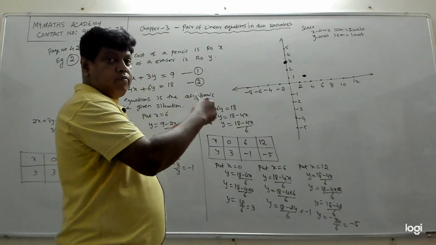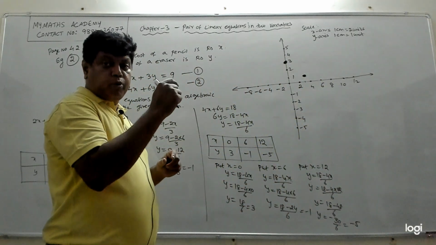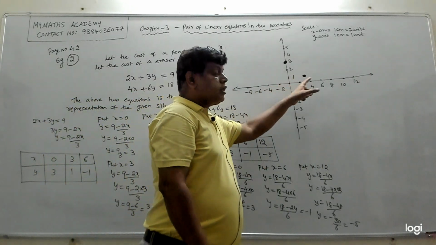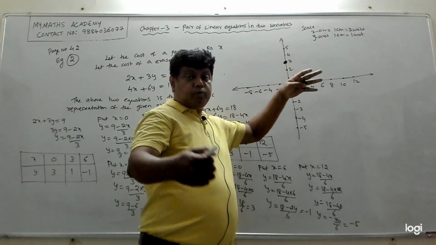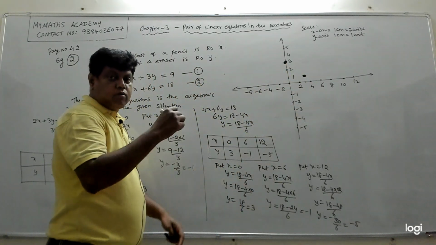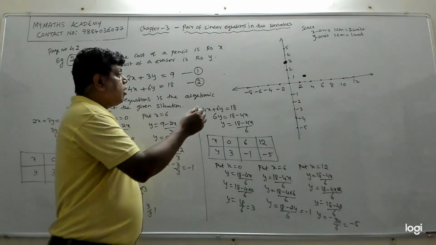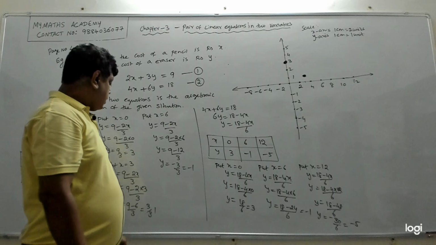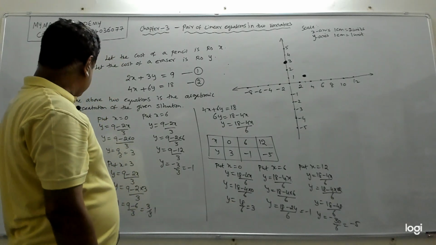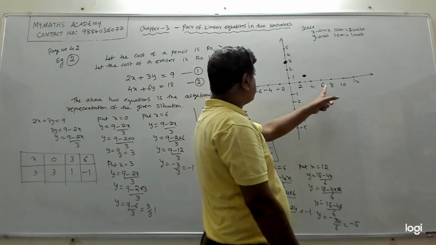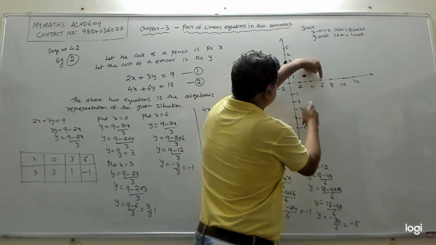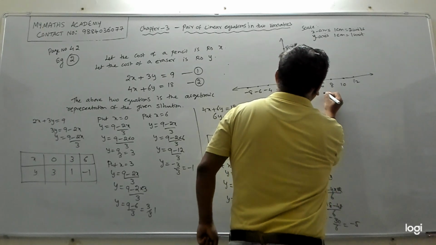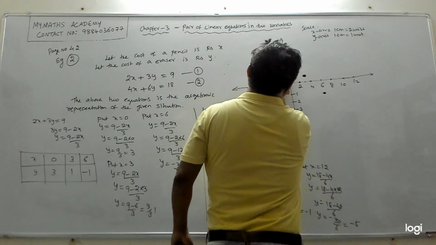You don't have to put such a bold point. You have to put a point like this in your graph sheet. I am putting a very dark shaded circle so that it is visible to you on the screen. That's why I'm putting a dark, very big kind of circle, but you have to just keep the point like this on your graph sheet, right? Then 6 comma minus 1. 6 is here, minus 1 is here. So 6 is on x, minus 1 is y. So both of them will meet here. Now join all the 3 points.